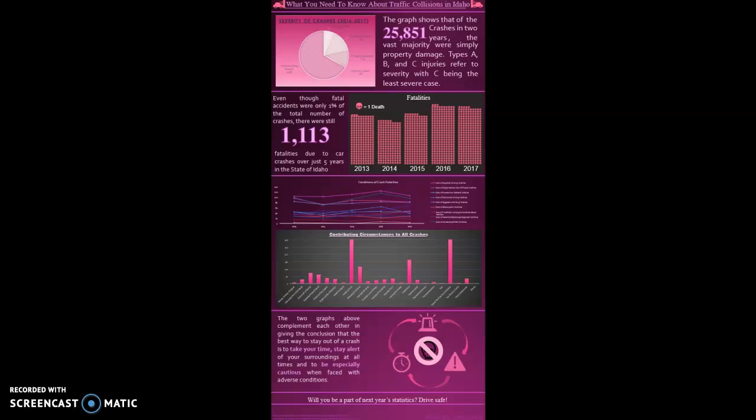I chose to use two monochromatic scales of analogous colors, purple and pink, to create a visually appealing and colorfully harmonious infographic. I didn't want to use colors that were too vibrant or too dull when talking about such a serious thing as car crashes. It had to be something that pulls the reader in, and the shades of pink and purple I used seemed